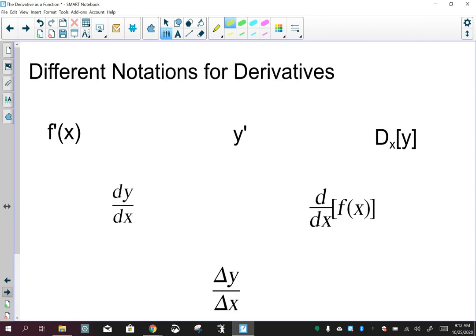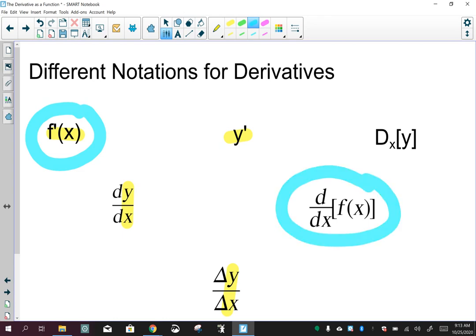These are the different ways that you're going to see the notation. So far, I've introduced you to this one, and this one, and this one, and this one. These two I have not introduced yet, just because we haven't gotten to it. So these are multiple ways, and when you see these, you know you are differentiating, okay? Typically the ones that are already highlighted, primarily this one, and this one's a big one, those you'll see most often, along with this one. These two here are not as